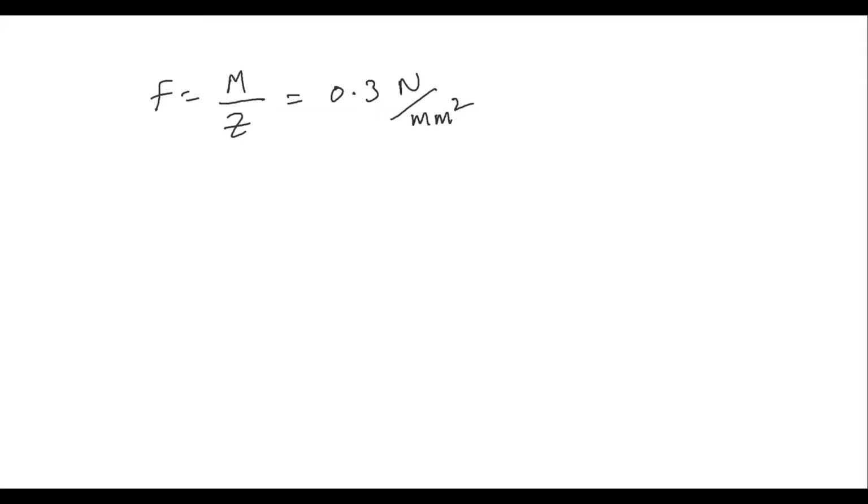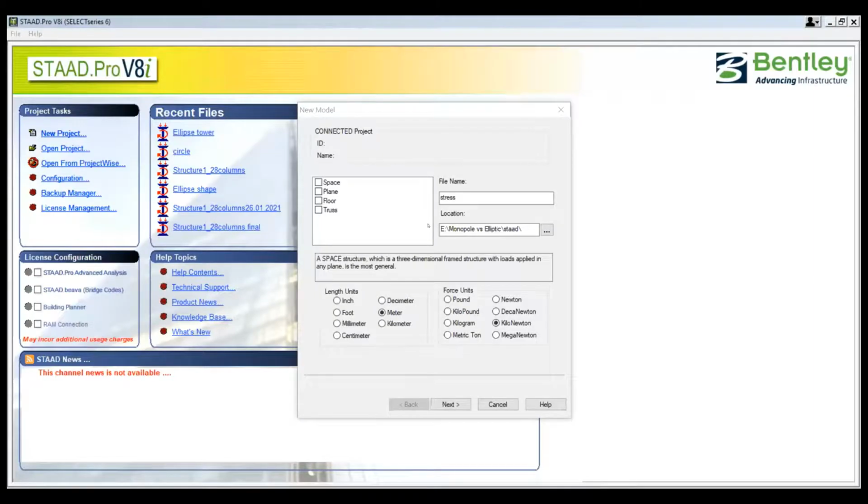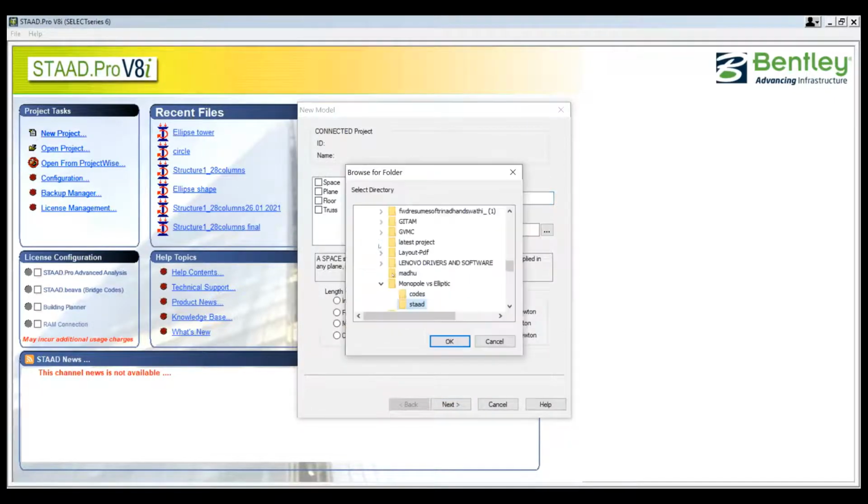So here I'll go to the new project and I'm going to give some stress calculation. So I'm going to share the screen. Here I am going to go to the new project and give the file name stress, and I'm going to save it in one of the folders that I use for MTech.